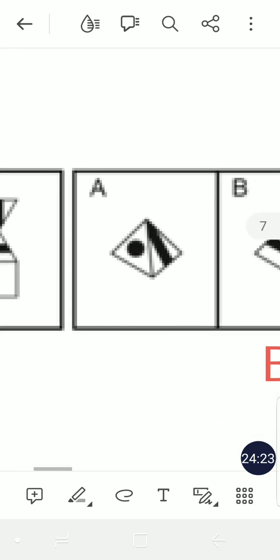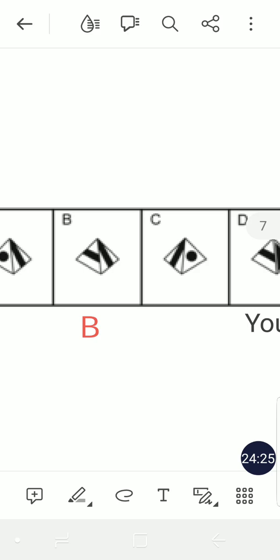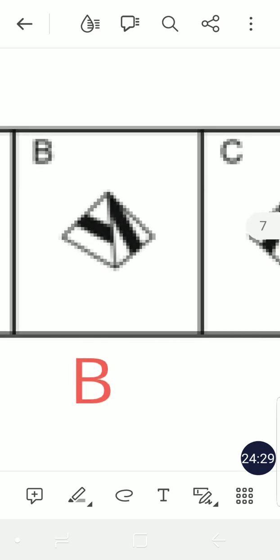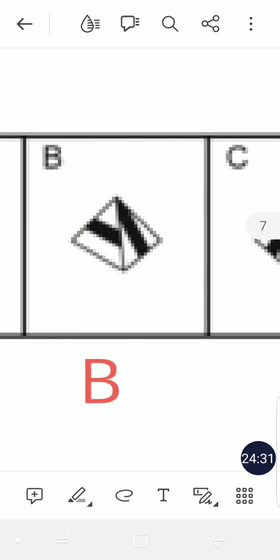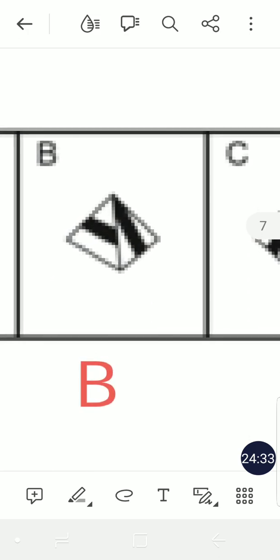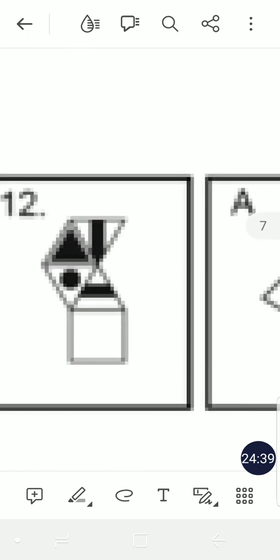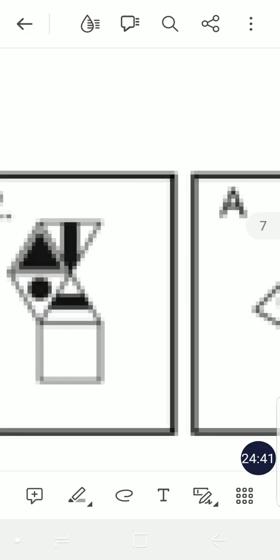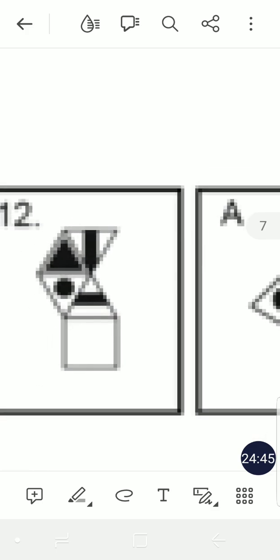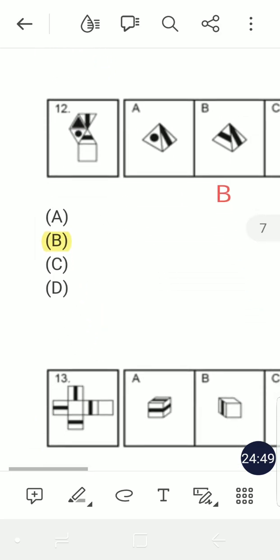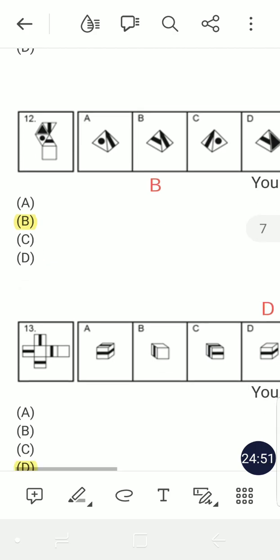So the only valid choice by process of elimination is letter B. The horizontal line is right beside the vertical line, just like that, if you fold the figure to close it. Okay,